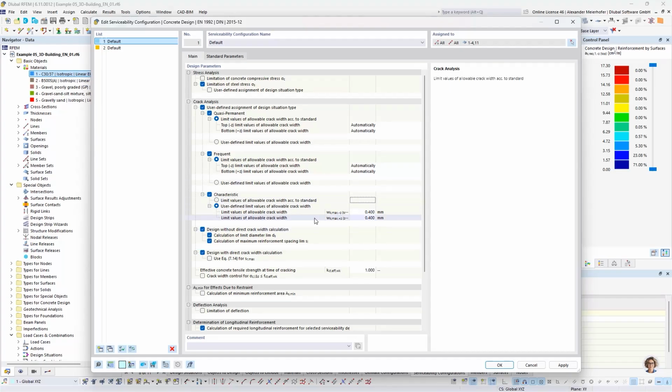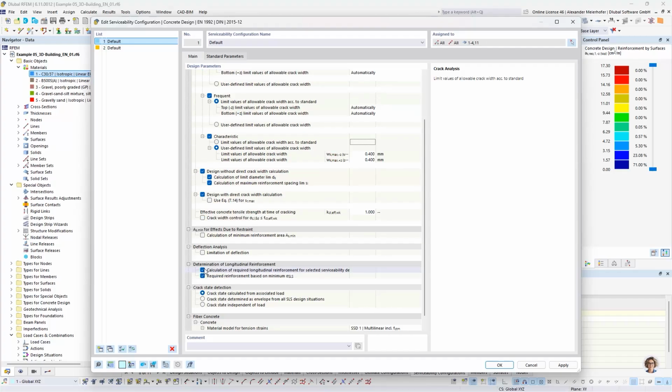In RFEM 5 it was possible to make the design check for frequent and characteristic, but you were not able to define different design values. This is possible now for the stresses and for crack width. What is also a big benefit is if you calculate the required longitudinal reinforcement for the selected design checks according to the serviceability design,